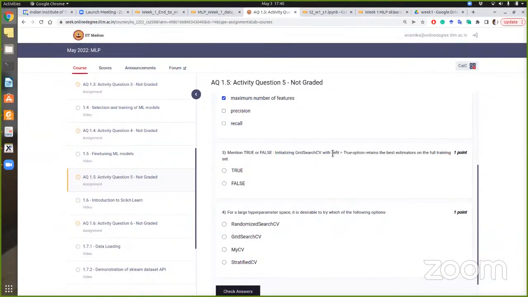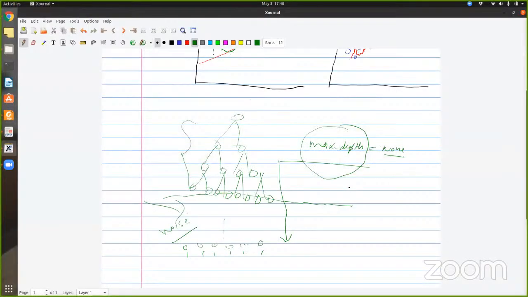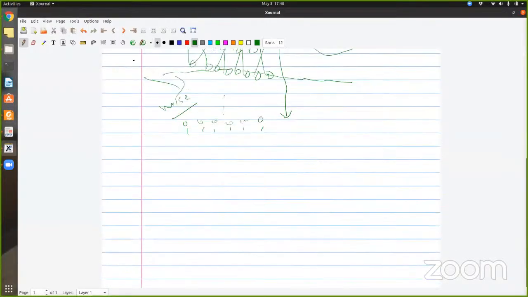Initializing grid search CV with refit is equal to true option. Okay, this is a typo here. It should be refit. So in grid search CV, there is a parameter refit. When you give it to be true, what it does is, so I'll just give you a brief idea quickly, and